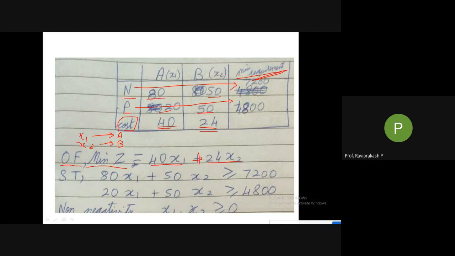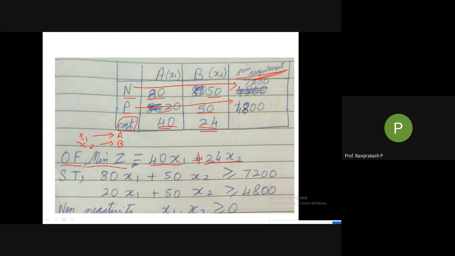Okay, this will be my objective function, in general. The earlier one was sales, sorry, profit, not sales. They gave you the profit if I sell one product of A and one product of B, so my objective function should contain profit. Here it is minimization of cost, so my objective function should always contain cost. That's why 40x1 and